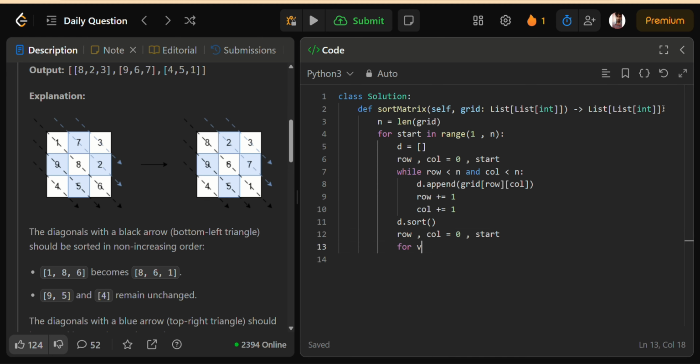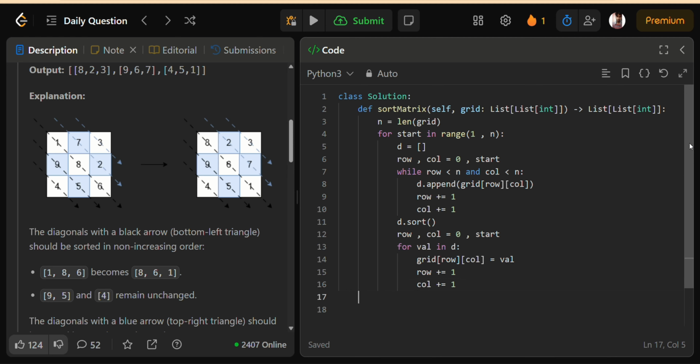Now let's talk about complexity. Each diagonal can be at most n elements long in an n by n matrix. Sorting one diagonal takes k log k, where k is the diagonal length. Since there are about 2n minus 1 diagonals overall, the total time complexity becomes n squared log n, in the worst case. As for space, at any given time we're only storing one diagonal in a temporary list, so the space complexity